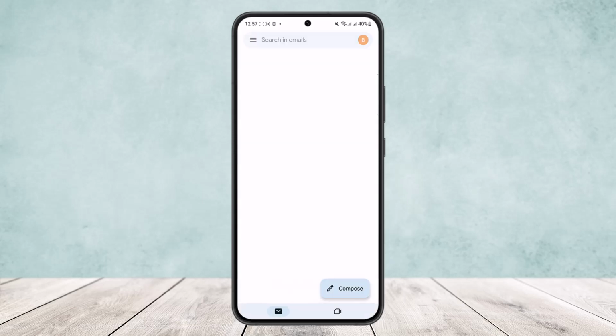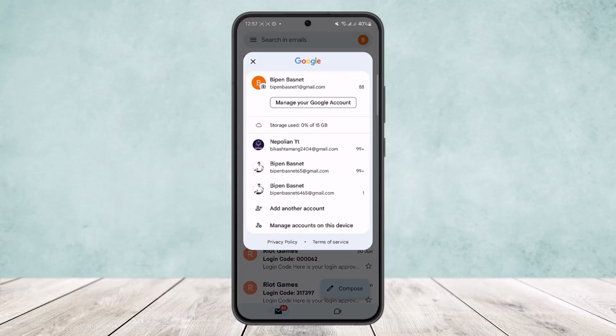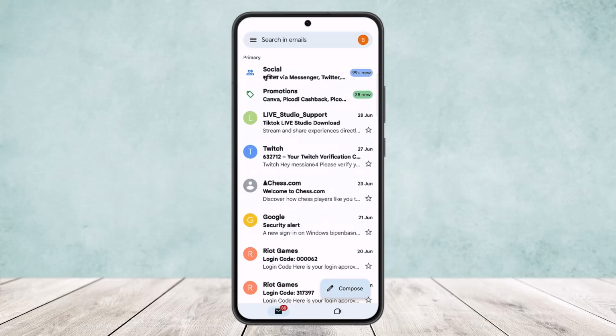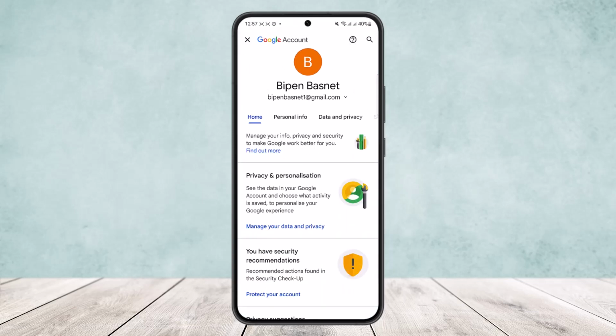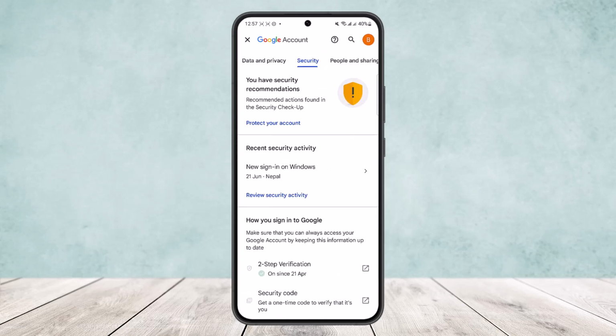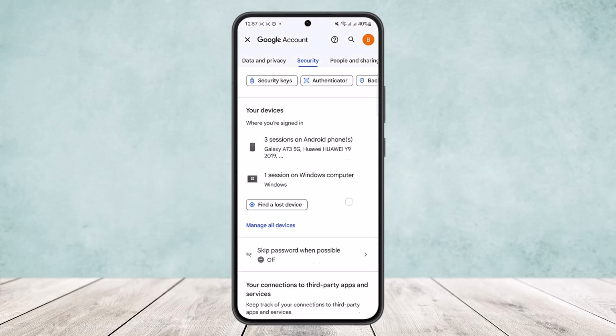recover it. Simply open up Gmail app here and then tap on the profile icon at the top right corner of your screen and then tap on manage your Google account. You'll be headed to this page. Here what you want to do is head into security option and scroll down until you find the option manage